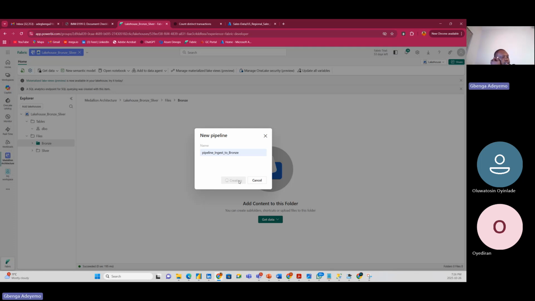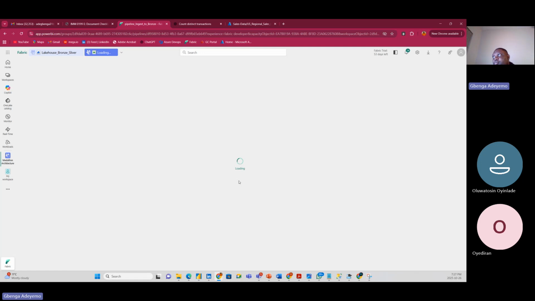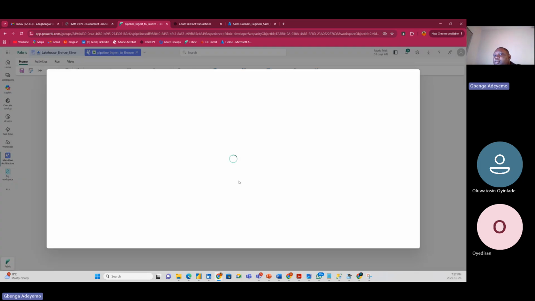I'm going to click on create. Okay. Now it's going to take me to the pipeline experience. I'll say the pipeline experience here. Now, if this ADLS was probably my tenant, I might not need any